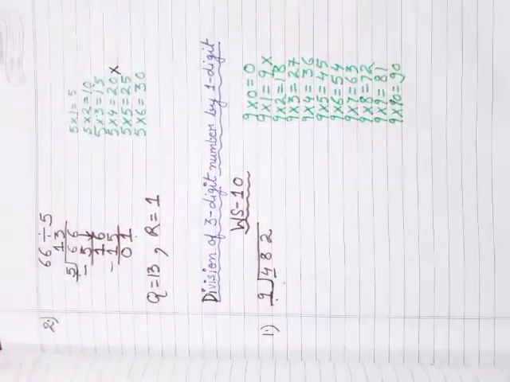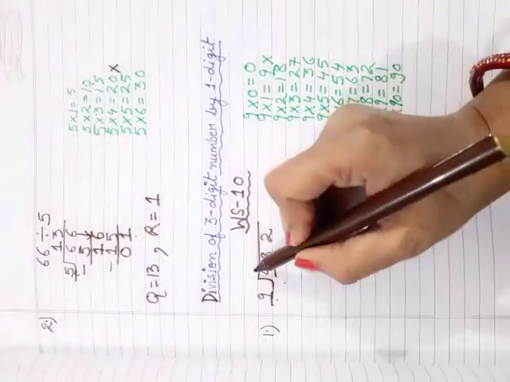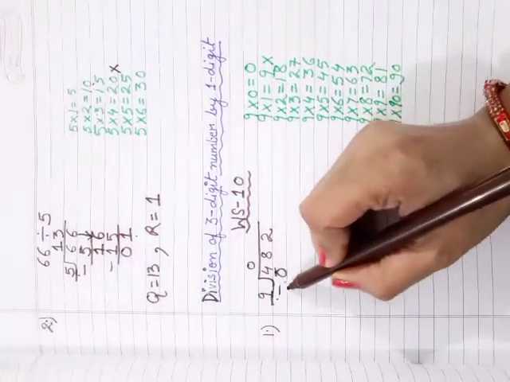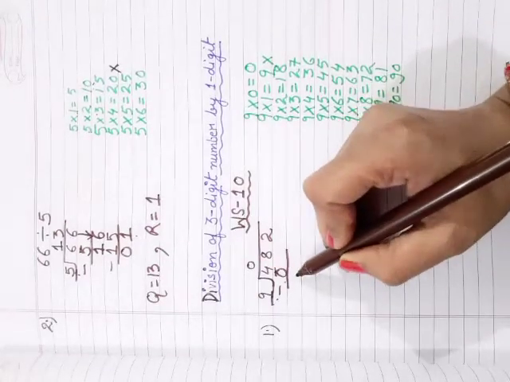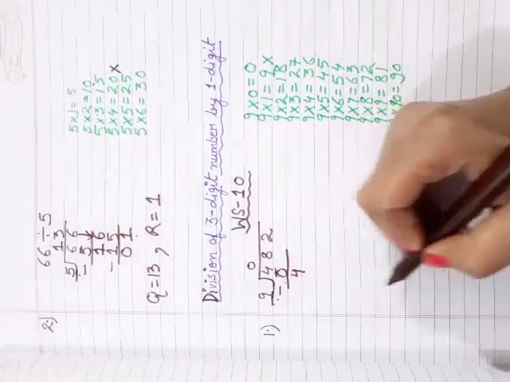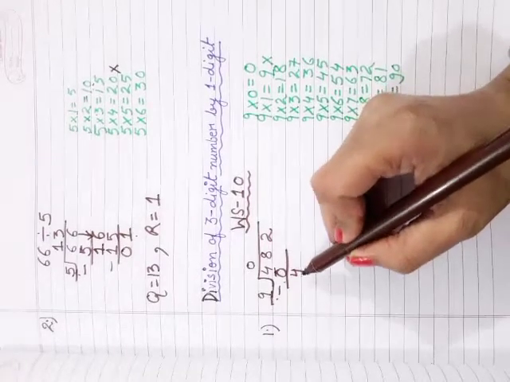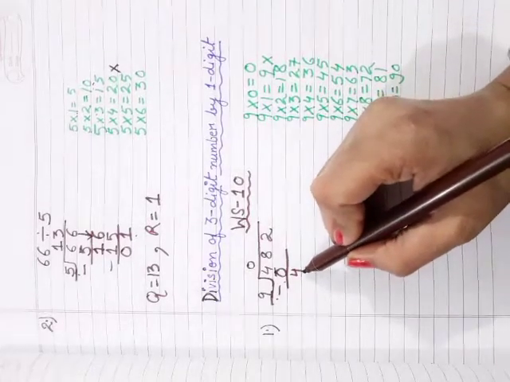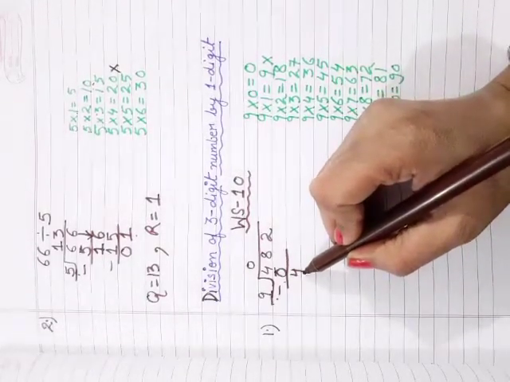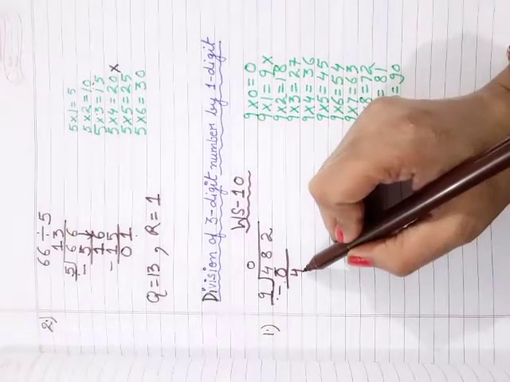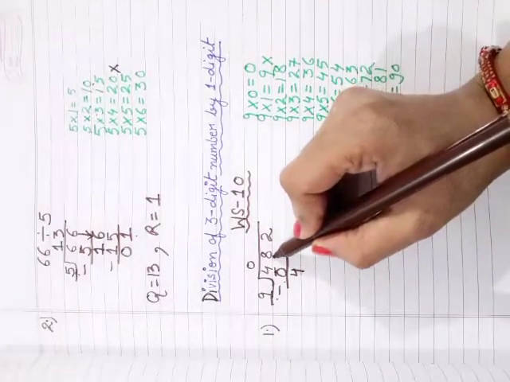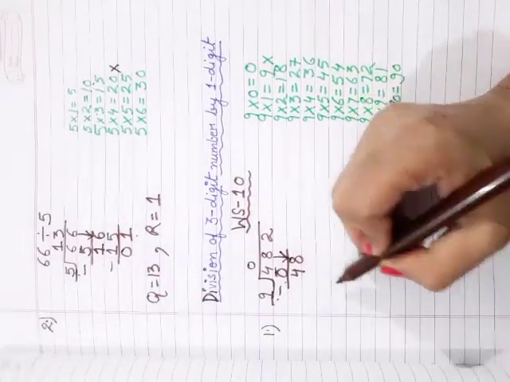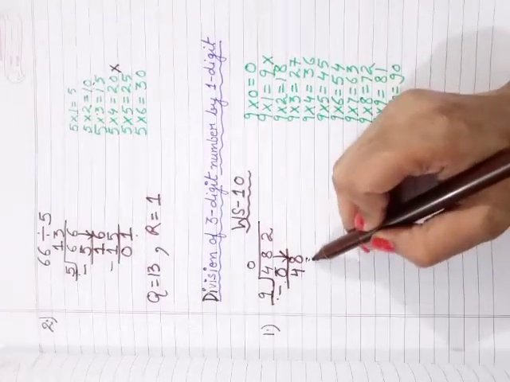So here we will write 9 zeros are 0. Now subtract. 4 minus 0 is your 4. Now as our remainder is now 4, 4 is less than 9. So we have to make this 4 greater now. For this we have to bring this second number down. Here we have 8. So the number is 48.